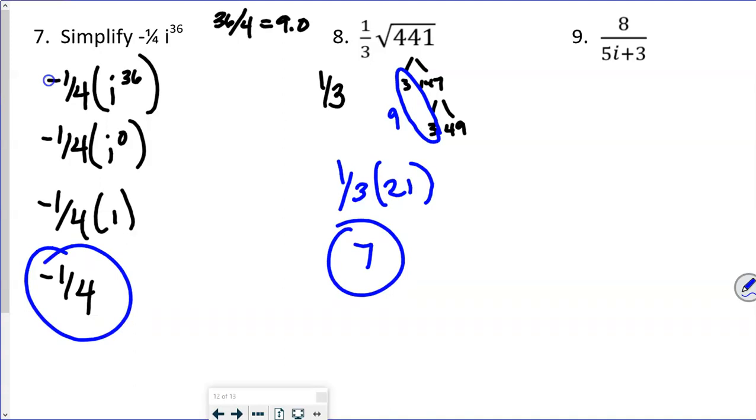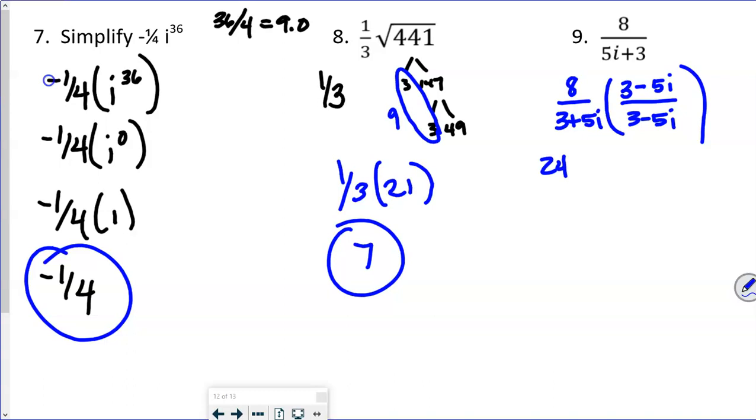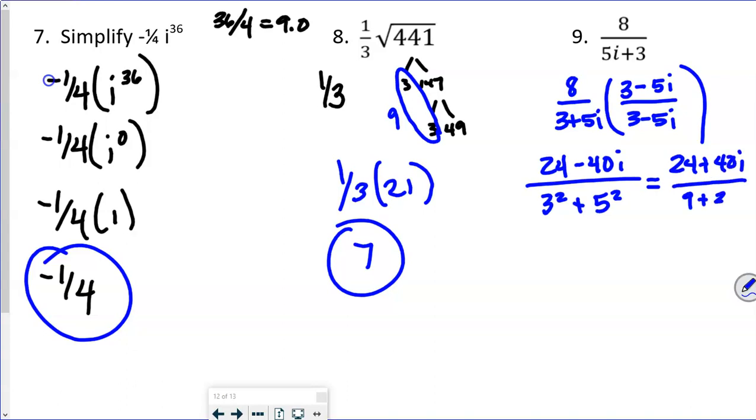All right, so what are we doing over here? Okay, I've told y'all over and over again that if you're doing this type of problem, then what I want you to do is write it in standard form first. That way you change the imaginary part and you remember to do that. So this is going to be 3 minus 5i over 3 minus 5i, right? 3 times 8 is 24. 8 times negative 5i is negative 40i. And then what I tell y'all to do is take the 3 and square it plus the 5 and square it. So that's going to be what? On the bottom, 24 plus 40i over 9 plus 25. That's 34, right? So it's going to be 24 over 34